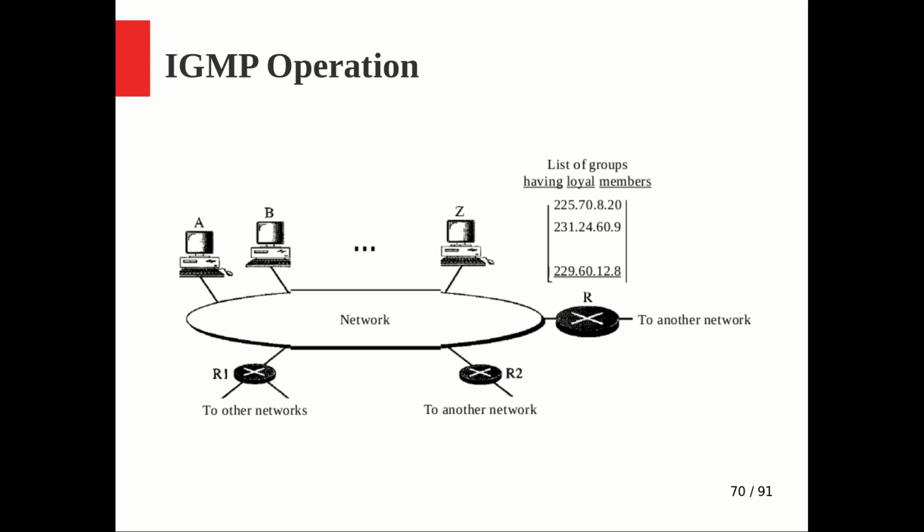So here I have a network, say with A to Z. These are all the individual hosts, right? And they are connected to three routers, right? R1 is one router, R2 is another router, maybe further connected to other networks, and R is another one. It is further connected to other networks. So here it is highlighted: something called the list of groups having loyal members. That is something I already told you. This R you can consider as a distributing router